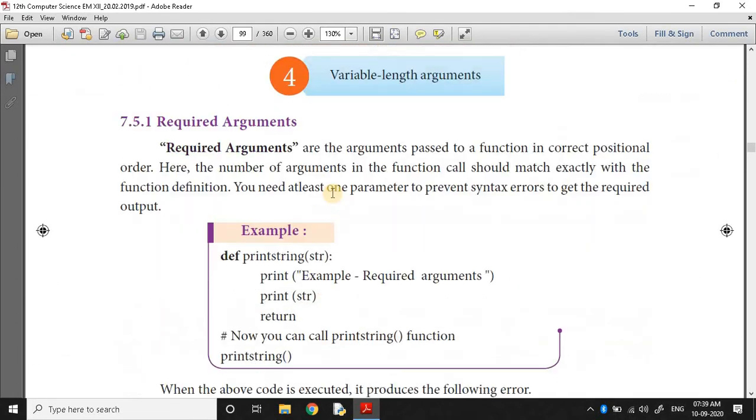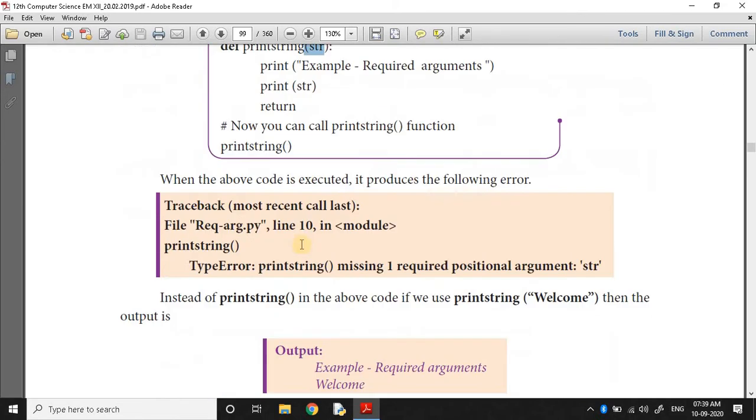Then, in last class, under function argument types, we saw required arguments. Required arguments are compulsory. Whenever functions are defined with a specified number of arguments, you must pass them when you call it. For example, if you define with 1 argument, you call that function with 1 argument. Define with 2 arguments means call with 2 arguments in the same order. That is a very important thing.